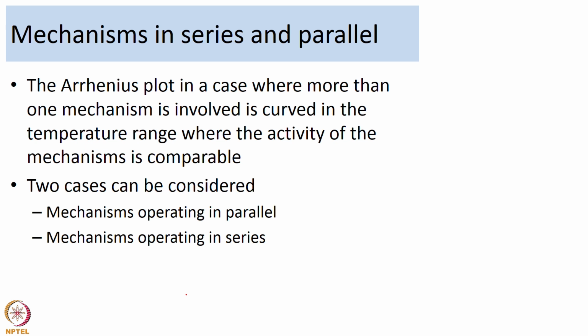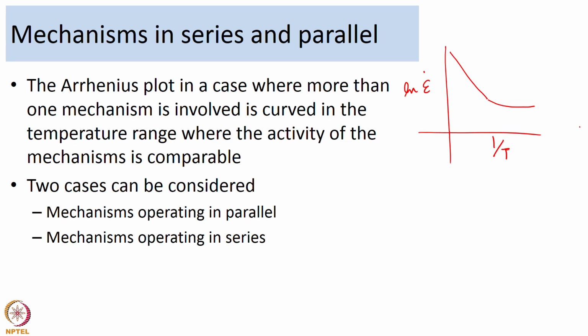So, the Arrhenius plot, in a case where more than one mechanism is involved, is curved in the temperature range where the activity of the mechanisms is comparable. If you have an Arrhenius plot of ln epsilon dot versus 1 over T, and only one mechanism is operating, then you have a straight line. But if two mechanisms are operating, you may not see a straight line anymore; you may see a curved line, and the curvature will depend on how much of a contribution is coming from each of the mechanisms